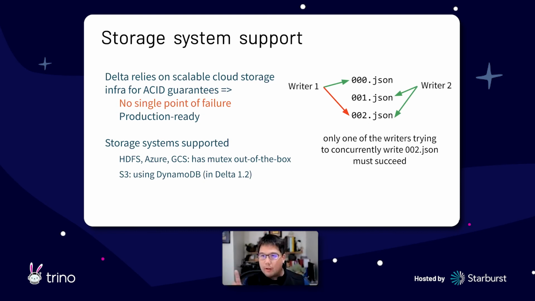But with S3, there is one call out. Because S3 itself lacks put-if-absent consistency guarantees, we actually need a lock store. Which one's locking first in order for us to write to the log store? In this case, with S3, we're also using DynamoDB. It's commonly used for other storage formats as well, so we're following the same thing. It was just released in Delta 1.2 with our friends over at Samba TV, who made that contribution. So it's pretty cool.